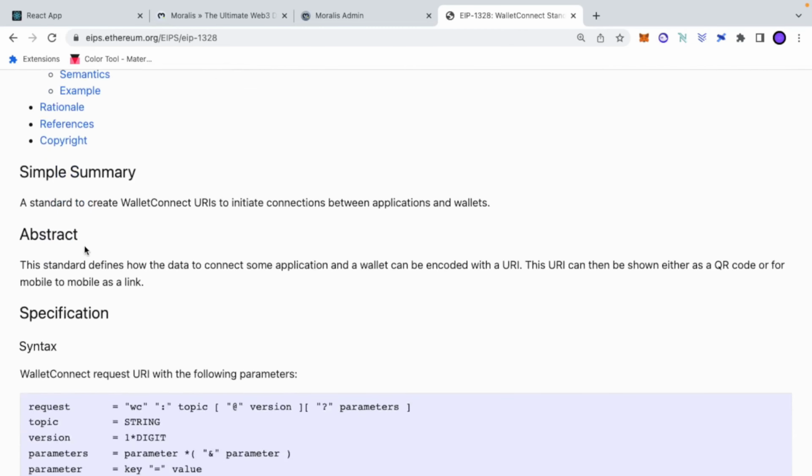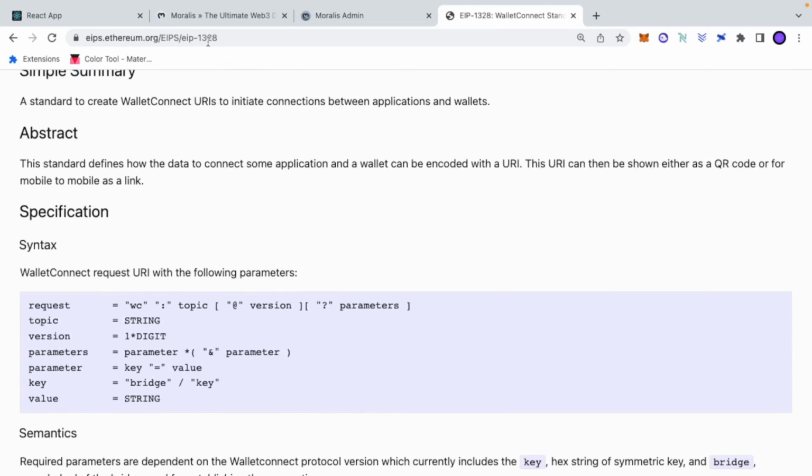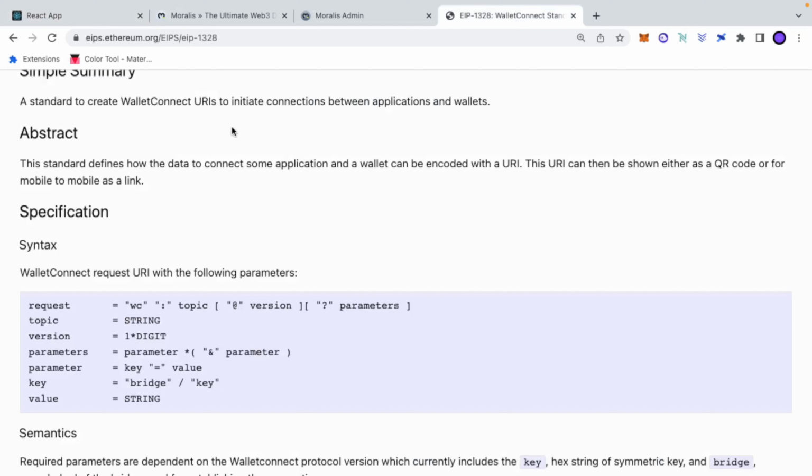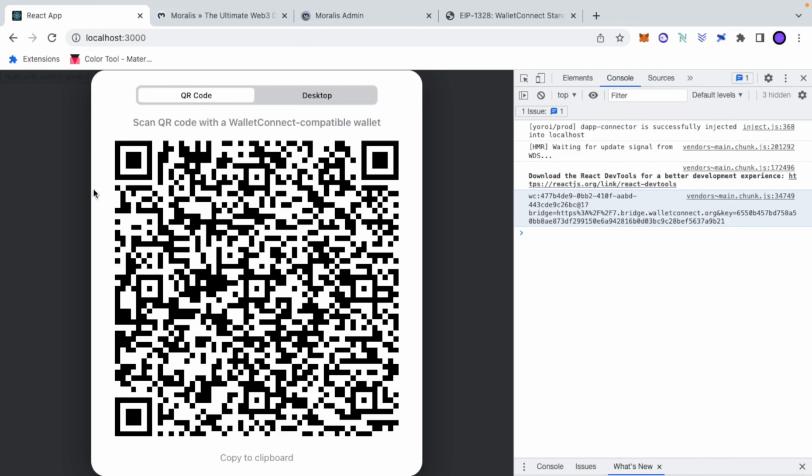So if you want to understand more on how this URI is composed, you can read this page. I will leave this link in the description down below, but I can briefly explain how this URI